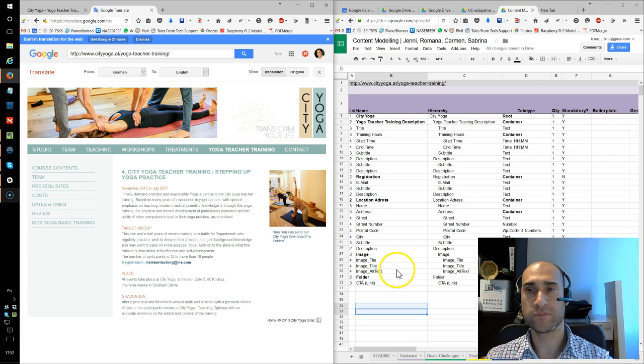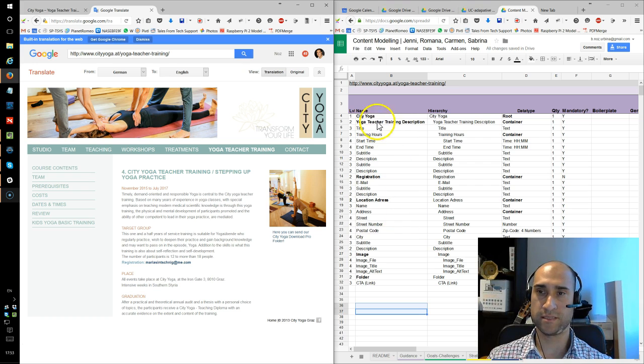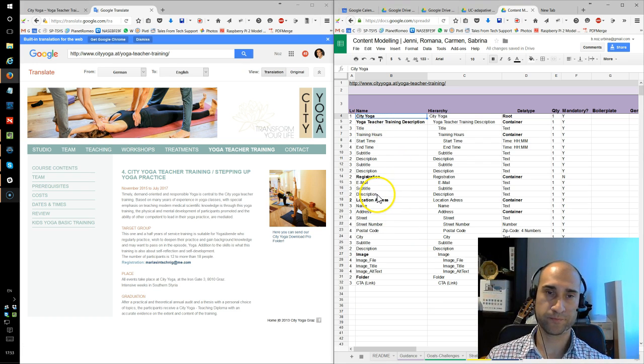Hi everybody. So this is the first model that I'm going to have a look at today. It's for the City Yoga. So right off the bat, before I even get into the model,